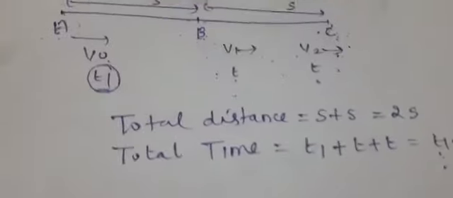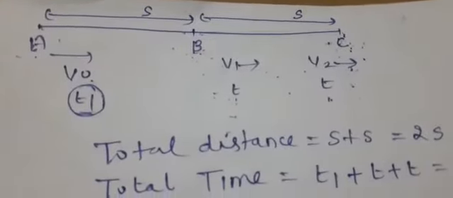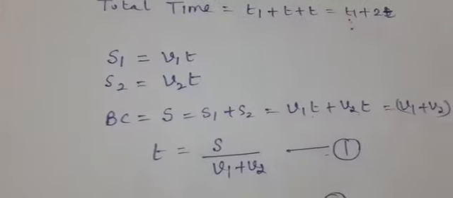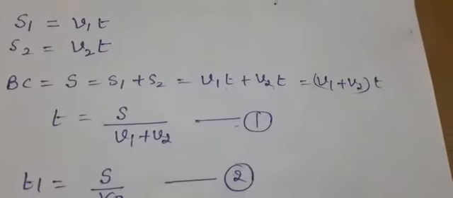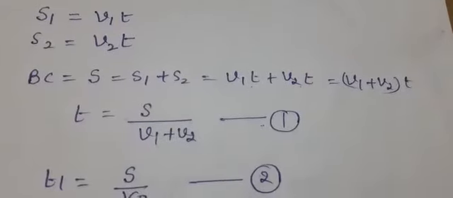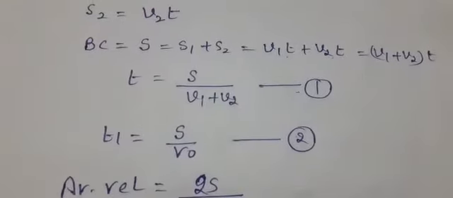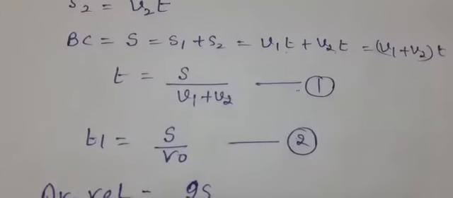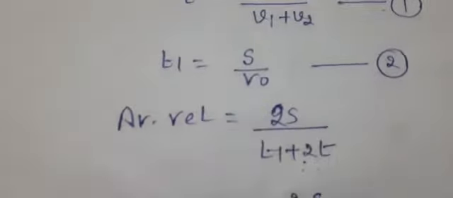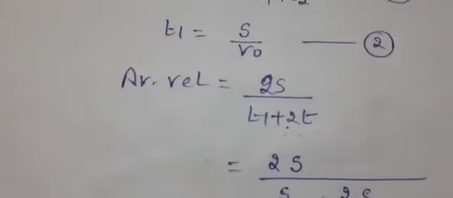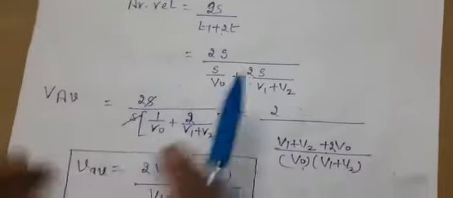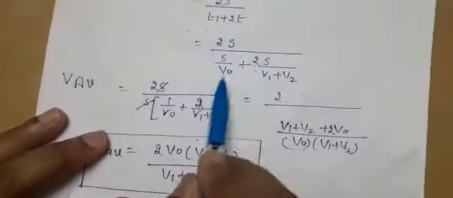Now here the distance covered with time, velocity v1 and v2, so we calculate s1, s2. Now the total distance s in the second half is s1 plus s2. What is the significance of this step? To calculate the value of t from known parameters s1 and s2. So in terms of these parameters, we have calculated time t. t1 we can also calculate simply, velocity is distance upon time. Then average velocity is total distance upon total time taken. So now total distance upon total time taken, here we have substituted the value of t1 and 2t.